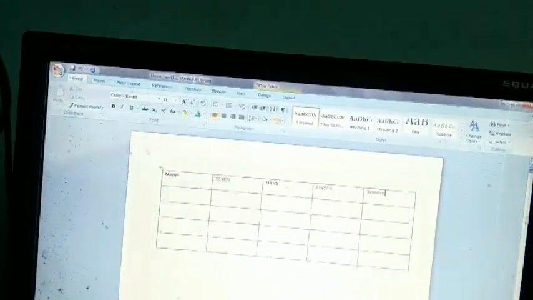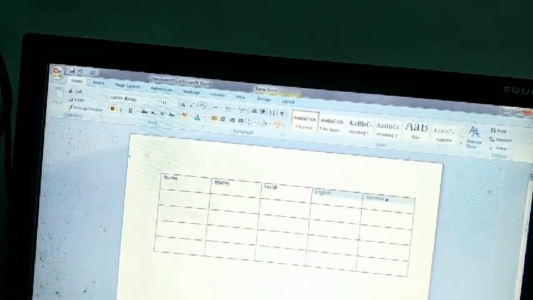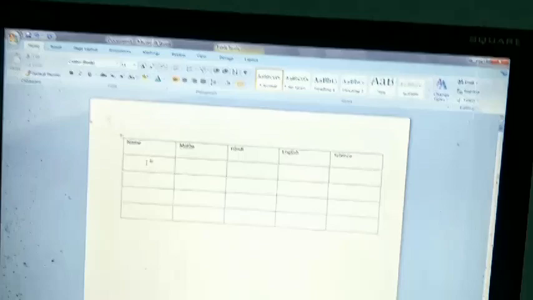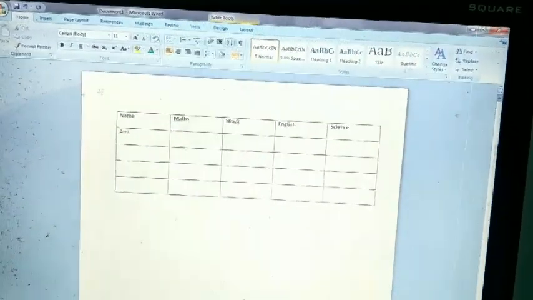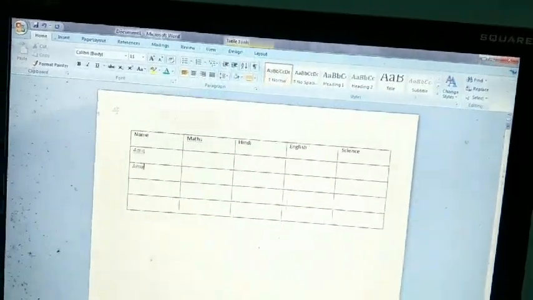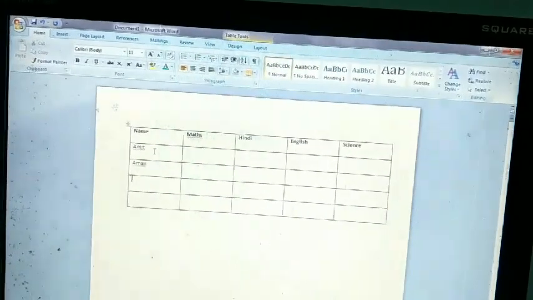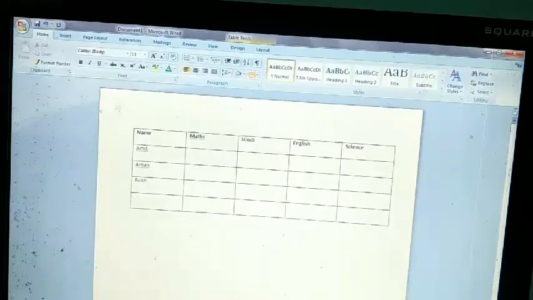Okay, make it bold. Done. After that enter a few records. Amit, Aman, Rekha.